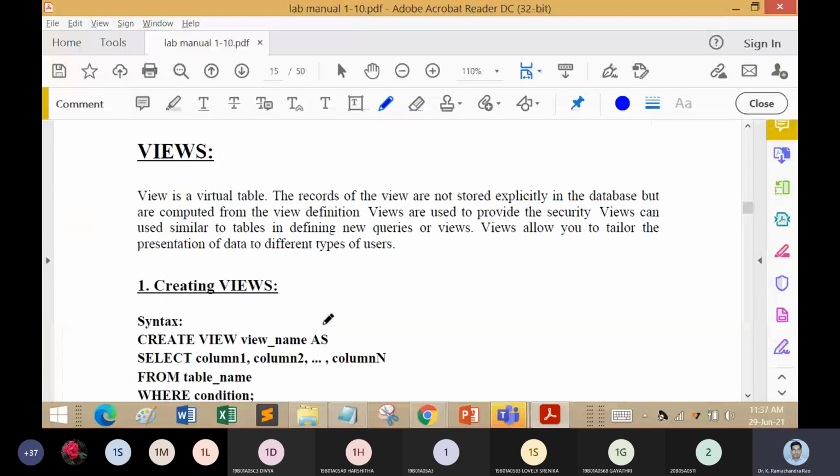Next comes the definition part regarding views. Views are nothing but they are called virtual tables, and they can be a subset of the main table.